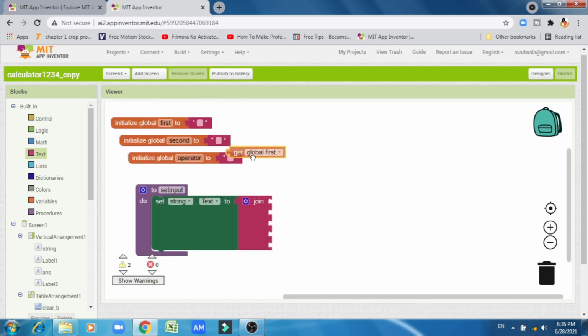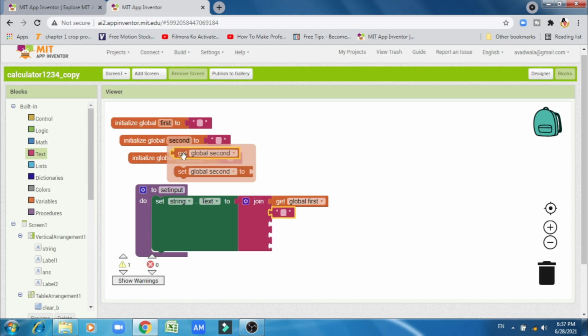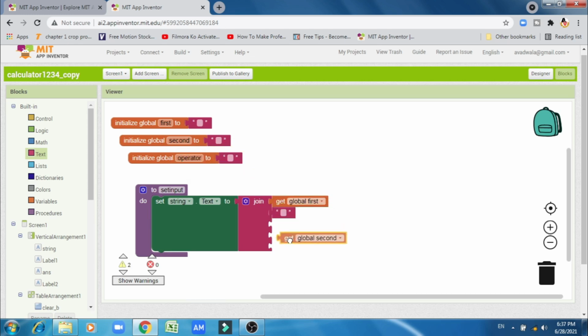Get global first here, make a duplicate of that, and it will become empty. Get global second, to the last one use that global operator. Again make a duplicate of it and make it empty here.